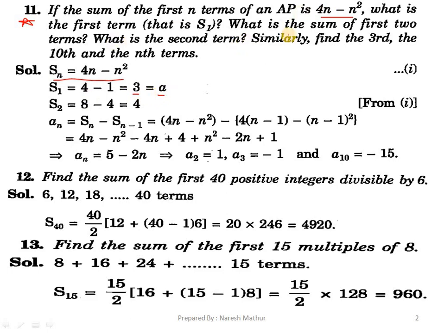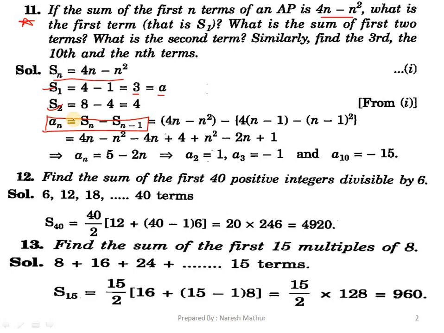Now what is S2? For getting S2, just put n equals 2 here. 4 times 2 is 8, minus 2 square, that is 4. So we have the values of S1 and S2. Now we need to find an, because we need to find the second term, a2. So we have a formula: an equals